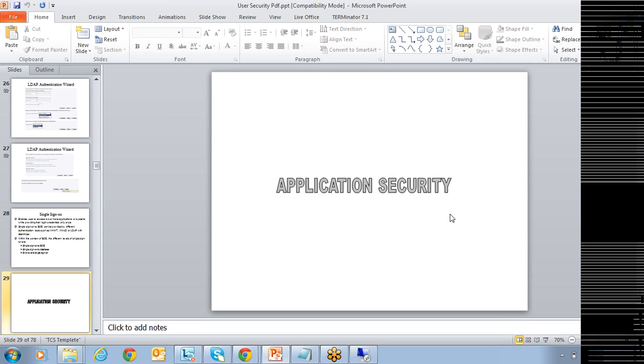So that is about authentication. Now, other than authentication, we have application security. So what is this application security? So far we have seen how to create users, how to import users from third-party domains, how to create user groups and how to assign users to specific user groups. Done. Now the next step is